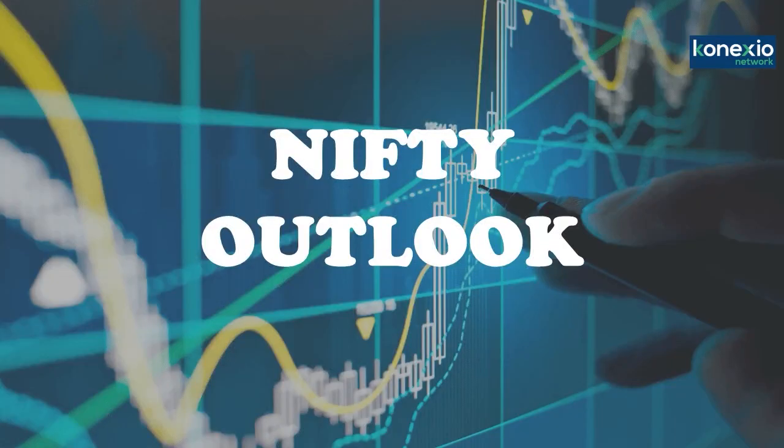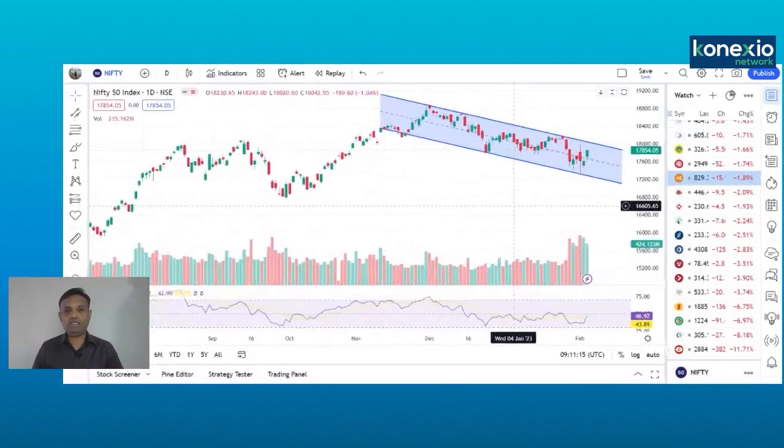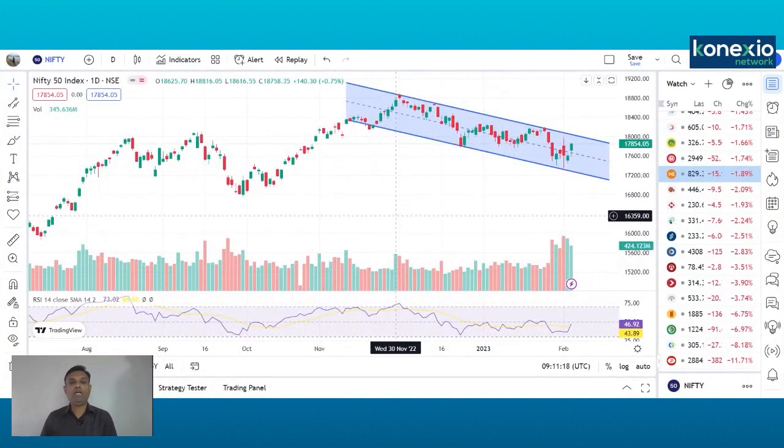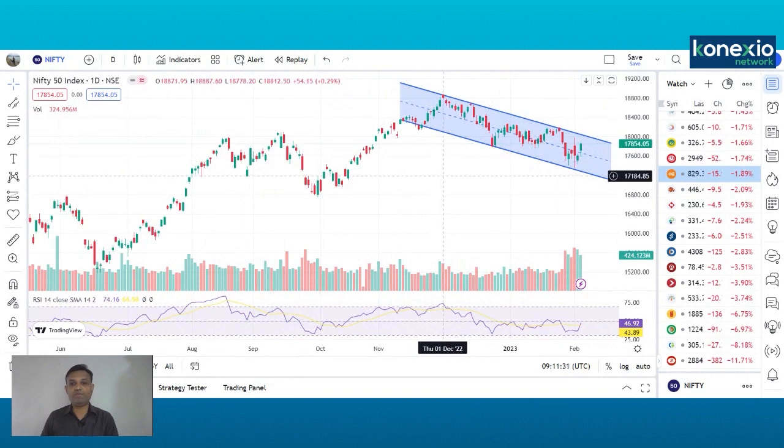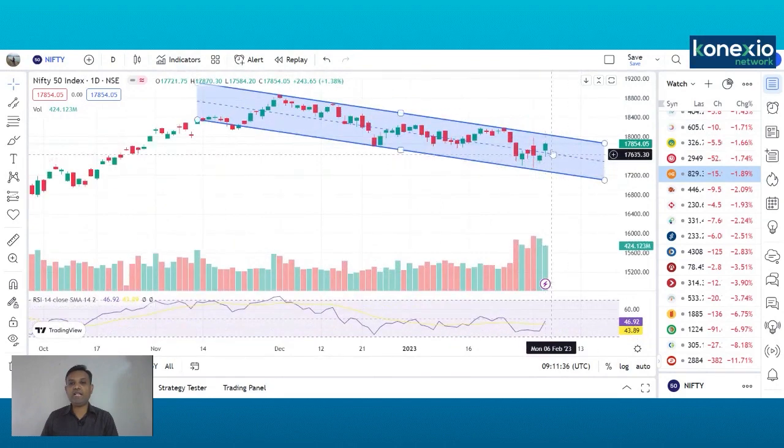So friends, now let us go to the daily charts of the Nifty and try to analyze the charts and figure out what could be the trend for the next week. This is the Nifty daily chart. In the last two months Nifty has been consolidating, with some time correction and some price correction, but the price damage was not that severe. It has been moving in a downward falling channel, making lower tops and lower bottoms, but as I said, last week was highly volatile. You can see this particular candle ended on a positive note.